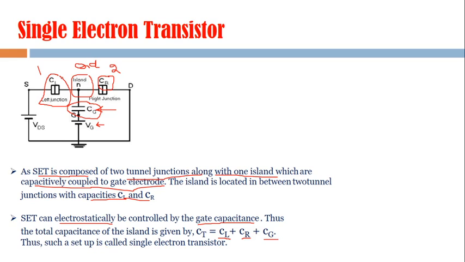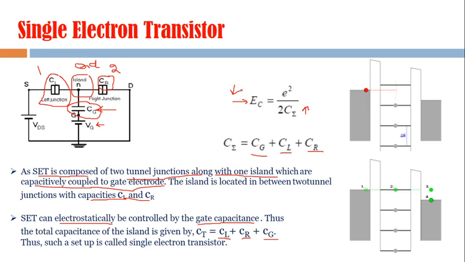Now whatever is the potential or energy needed to move an electron from source to drain through this island, that potential can be modulated with the help of this gate capacitance or gate terminal. You remember this EC was e square by 2C, and here this C is replaced by C sigma, the total capacitance. The total capacitance is gate capacitance, left side capacitance, and right side tunnel junction capacitance. Since we are adding this gate terminal, this gate capacitance is being added here. So the total capacitance increases, and that way the EC, this forbidden gap energy which is needed to move an electron from source to island, that energy